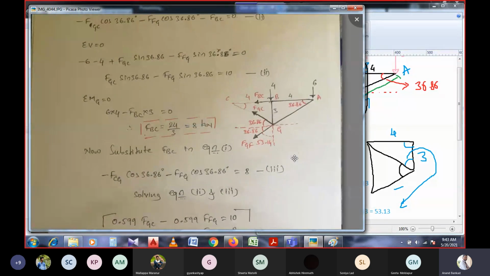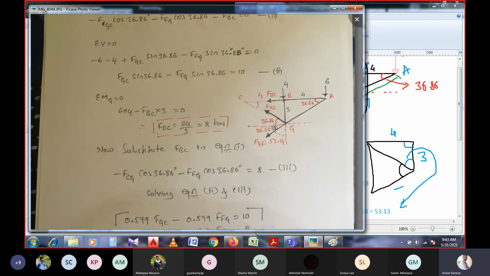And I repeat once again, please be confident and be perfect in calculating the angle of inclination of the members. Everyone please concentrate on this. Also practice solving the forces which are inclined, resolving in the vertical direction and in the horizontal direction. You must follow it, because that is the only thing we are again and again concentrating on, resolving the forces for the members to analyze the forces in them.